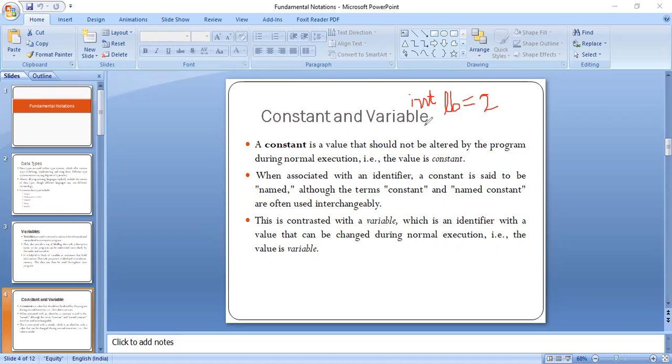If it is a global variable whose value is not changing, we are just using the value as it is, then the value of 2 will be considered as constant. It is not altering, we are just referring to the value, but we are not processing it, we are not changing or updating the value of LB. So it will be considered as constant.